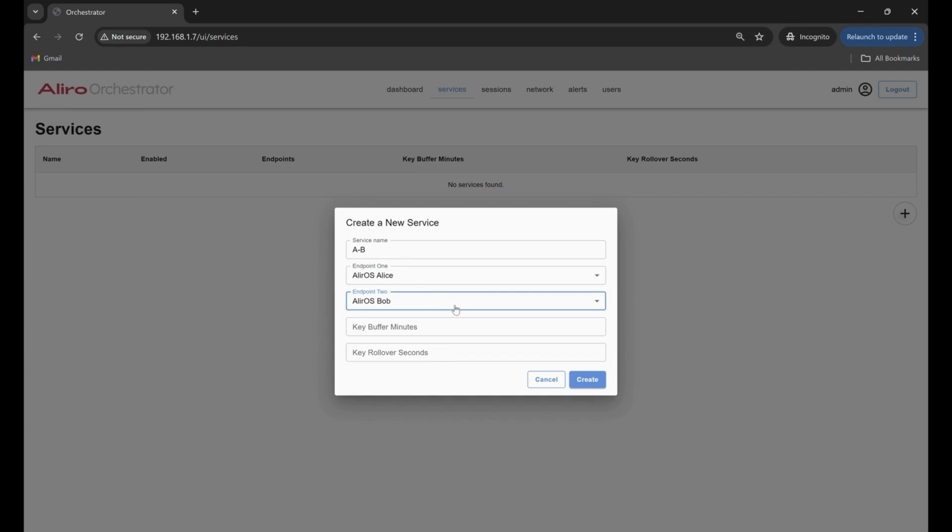Then it asks us for the key buffer in minutes. This lets the operator specify how many keys they want the system to have ready at any given moment. If you have a large buffer of keys, security applications can keep running even in the event of a long outage. This value is expressed as a time rather than a number of keys so that it's easy to plan